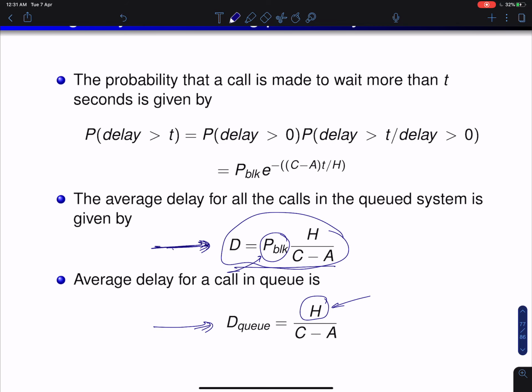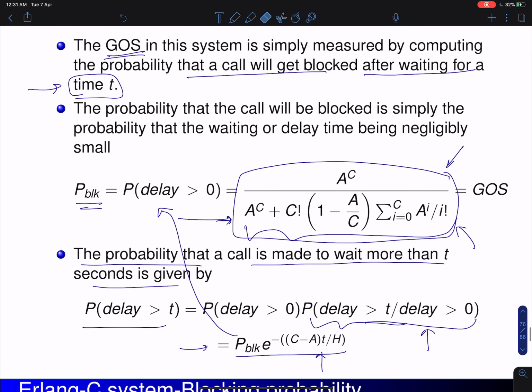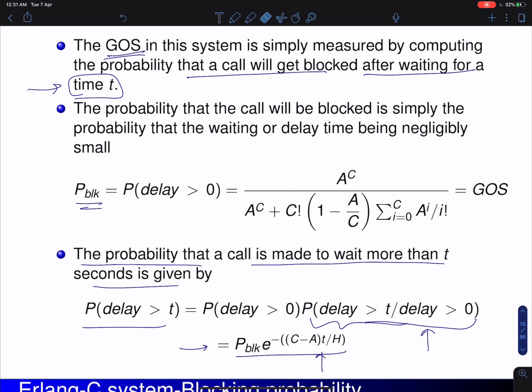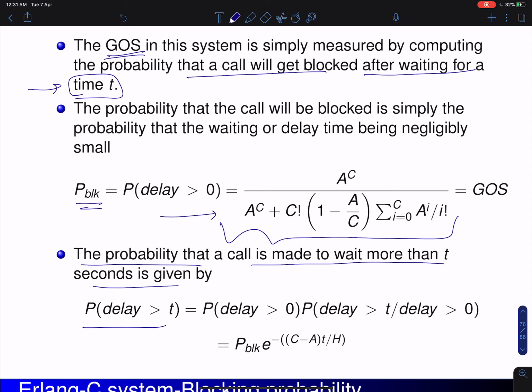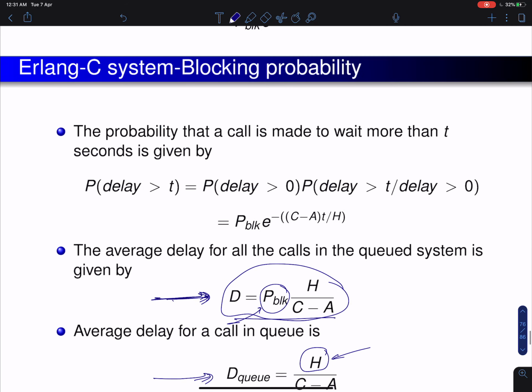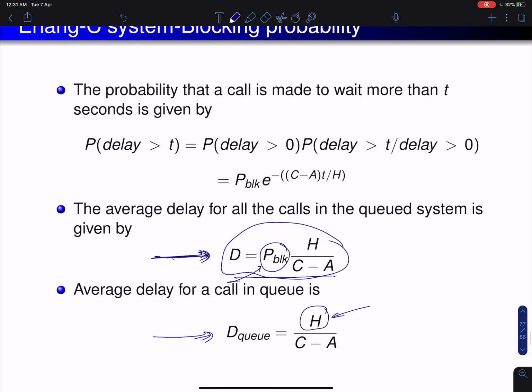So I will not be testing in this. I just wanted to present it. The main things you need to know is that, in a similar way to the Erlang B system, grade of service is defined for calls getting blocked, and the expression is slightly more complicated than in an Erlang B system. The other thing to know is the average delay that the call experiences, and the delay for a call in a queue. So these are the three things which you should be aware of. Okay, so the next lecture